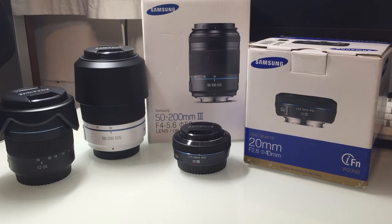Something a little bit different here today, as I've decided I'm going to sell off a lot of my equipment which is not being used. The main reason I've kept onto it for as long as I have is because I like to have it. I like to own it, and if I can hang on to it I will, but with recent changes to my equipment, it makes more sense now to move this stuff on